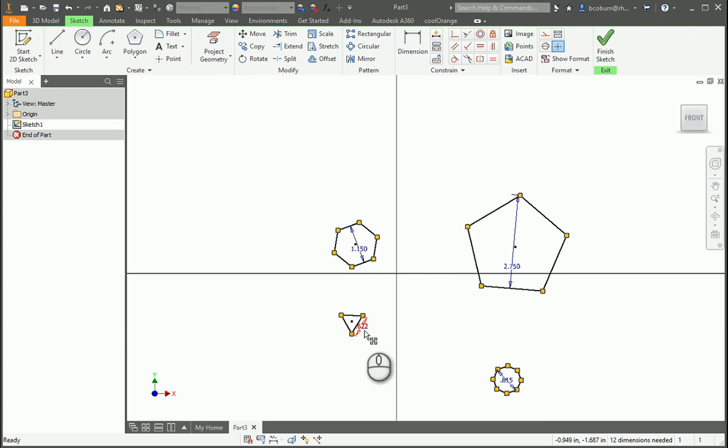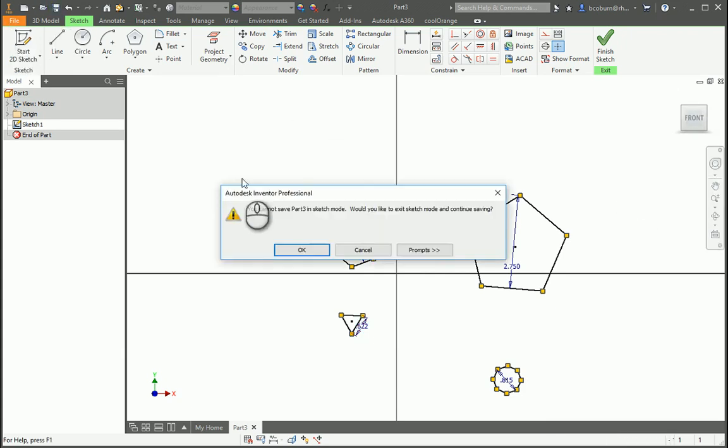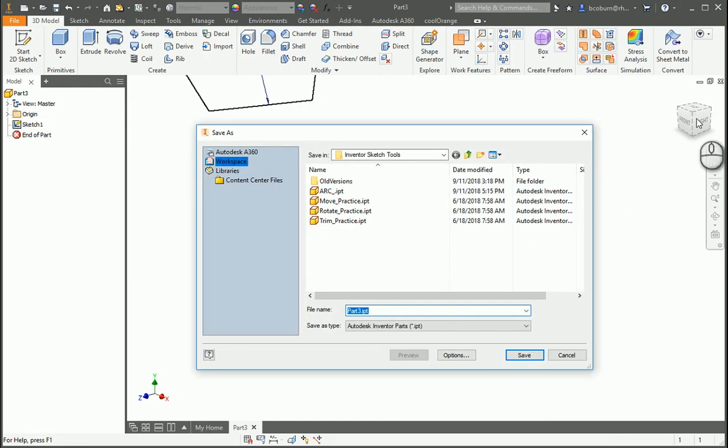So go ahead and go to save, and it says I can do it in save mode, so it's not a problem. You just click OK, and then we'll type in regular Polygon underscore your initials, and then click